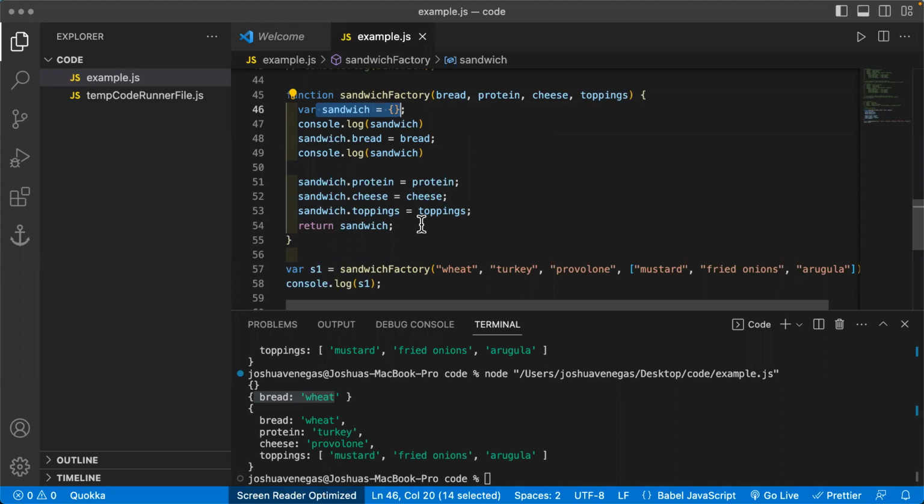My specific question originally was just asking, or what Tina and Spencer said in the chat was that the open curly brackets denote an object, a new object. Yes, this is an empty object, and then we are giving key values to this object. So sandwich.bread, instead of giving it a hard-coded value like wheat inside here,